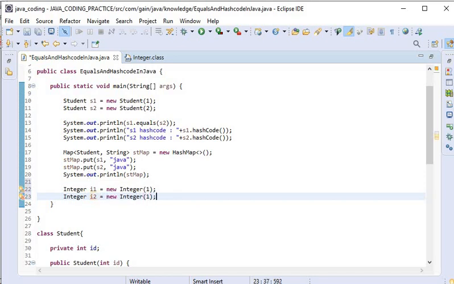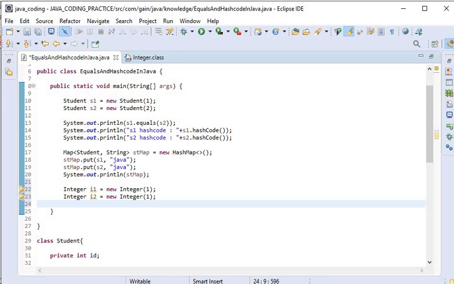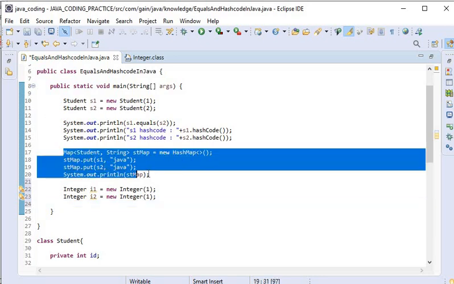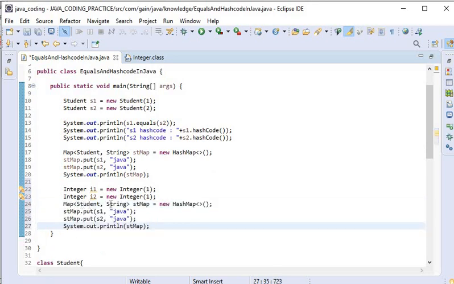Here i1 and i2, and here I will create one map, and this will be intMap, and here I will use Integer as key, and here I will use i1, and here i2,